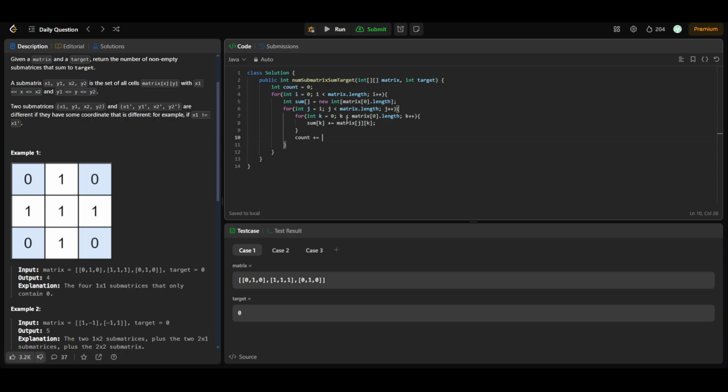and we'll be increasing the count, because this sum will eventually form a subarray. So let's call the function subarray sum, with the array sum, the column, and the target value given. At the end we just have to return count. Now let's write this function, which will be private and will return an integer value, subarray